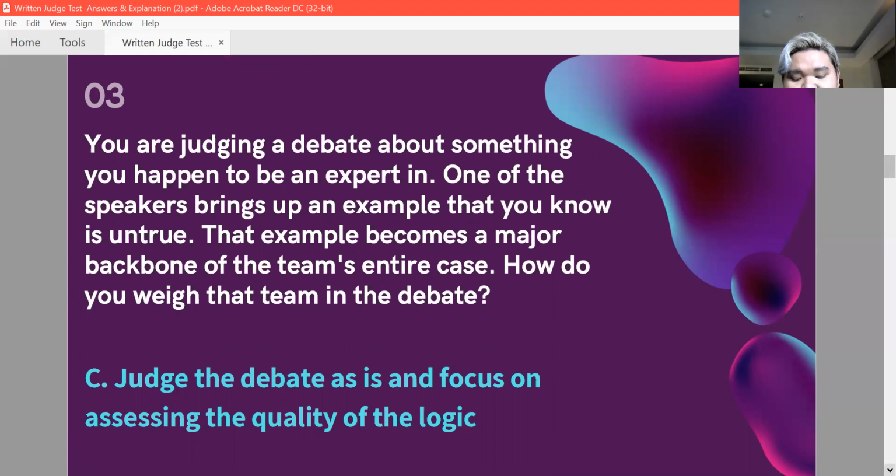B, punish the lying speaker by giving them a significantly lower score than other speakers. C, judge the debate as is and focus on assessing the quality of the logic. And D, give an additional burden to the opposing team because they should have been able to detect the lies. A is wrong